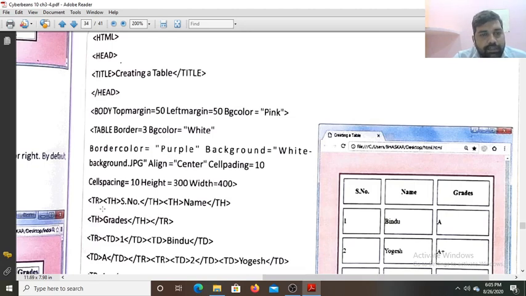You can see the table row is created, table heading, serial number, table heading close. Now the table heading tag again opens, then table heading close. This table heading is used to enter the value in the column. We use the table heading to give the field names of the table. The first field is serial number, the second is the name, the third is the grade. This is created, you can see in the output.